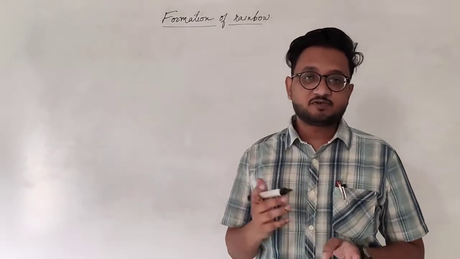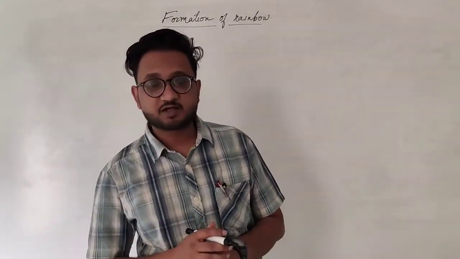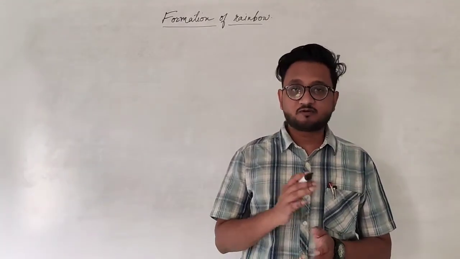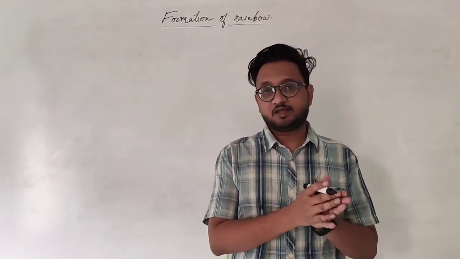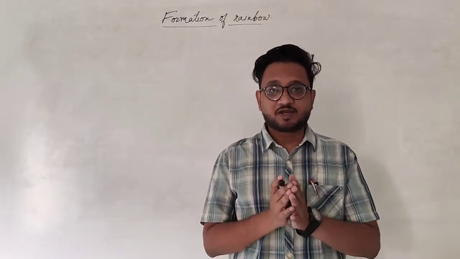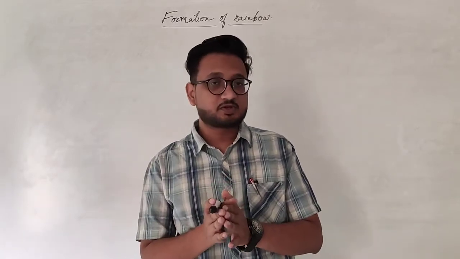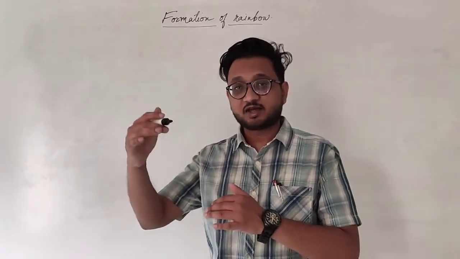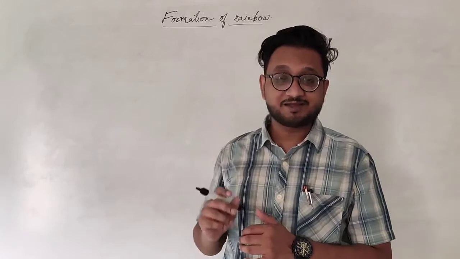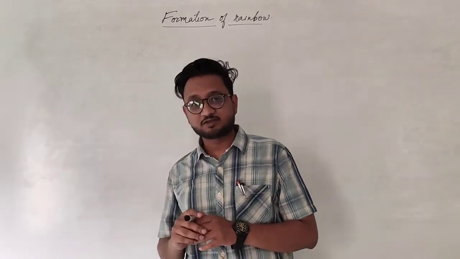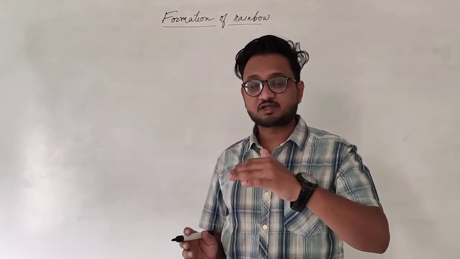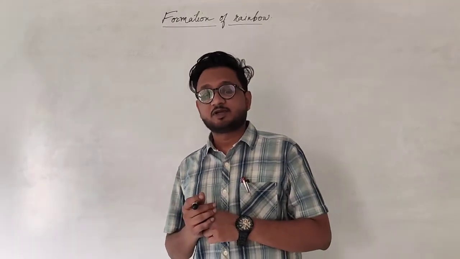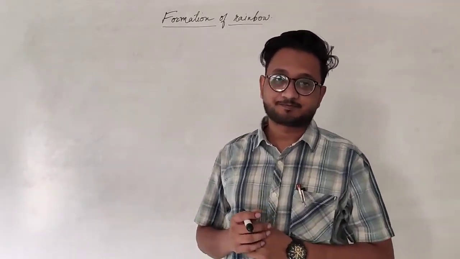In the previous video we studied about the dispersion of light and how the light is split into its constituent colors, but not just any light, only white light which is containing all of the colors combined together. When it enters another medium, then only it splits, okay, and depending on the wavelength of the particular light, they are split, okay. And red, having the maximum wavelength, has the least refraction, and violet color, having the minimum wavelength, is having the maximum refraction.